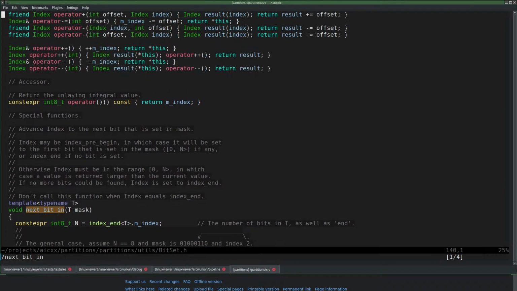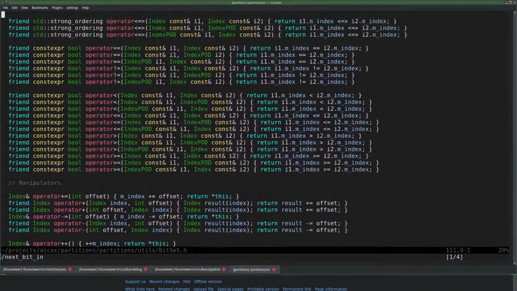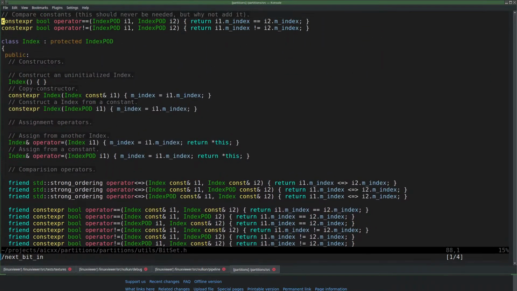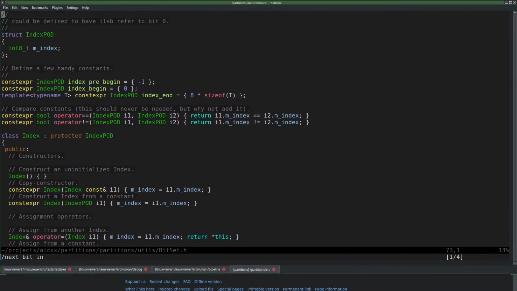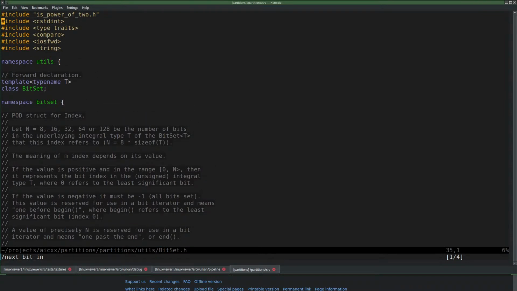Yeah, so even then we are using index, which is this thing here, in namespace bit set.